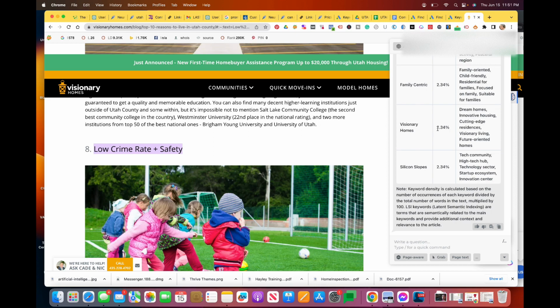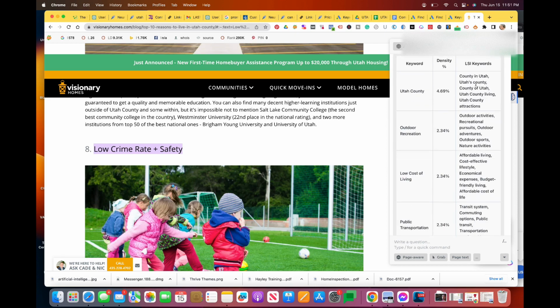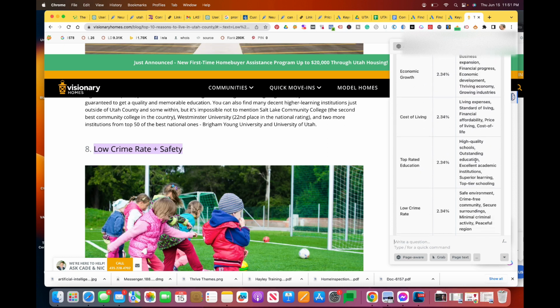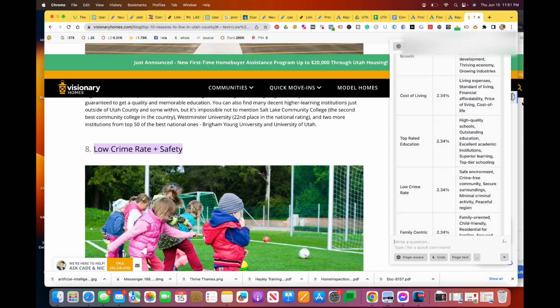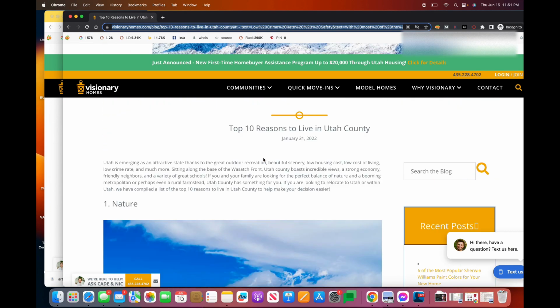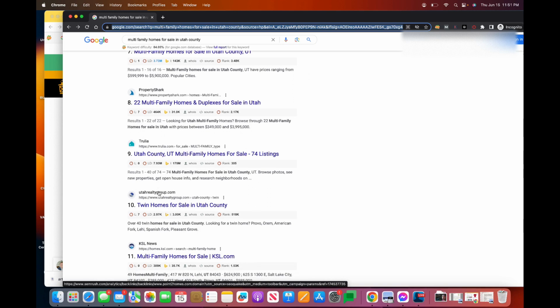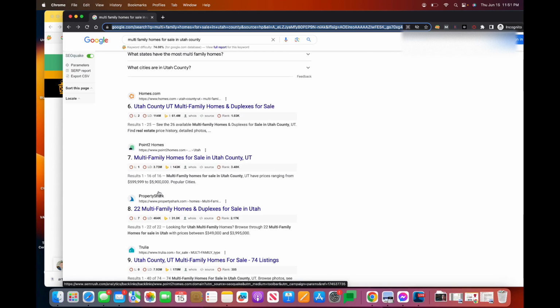Yep. So this page should not even be ranking for this. There's no keywords that have anything to do with multifamily homes for sale. So that's really good. Let's go back to our incognito window. Let's go back here. So that means for sure I know that I can take over that spot, which was,